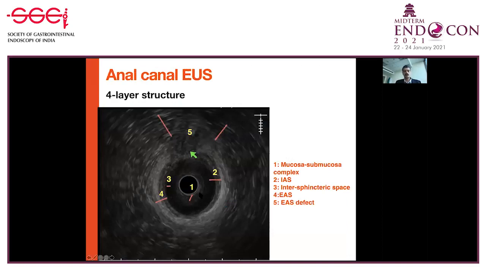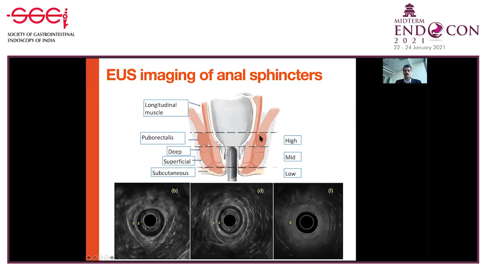The anal canal on EUS shows you a 4-layer structure. The mucosa and submucosa cannot be resolved separately. We call it a mucosa-submucosa complex. Unlike what is written in the textbooks, we can normally see, at least I can make out very well, the hemorrhoids in the mucosa-submucosa complex. You have the internal anal sphincter. And if there are hemorrhoids, you see the hemorrhoidal vessels penetrating the muscular layer. This mixed echogenic layer is the conjoint ligament, which is an extension of the longitudinal ligament of the rectum. This is the external anal sphincter. Now, when we image the anal canal, we image it at 3 stations.